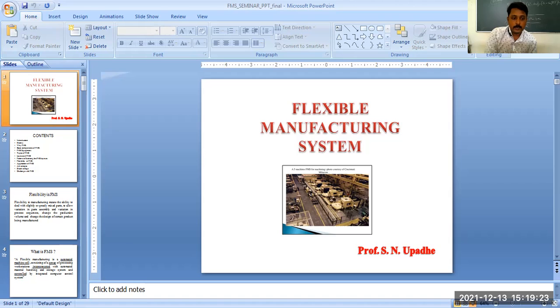And the last one is the computer control system. Since this is an automated system, there is very little human intervention in the whole production system. We require a computer control system which is updated or upgraded. So these are the three basic components of the system.